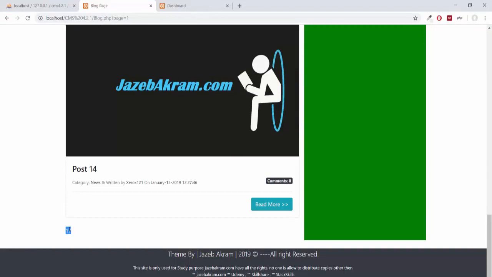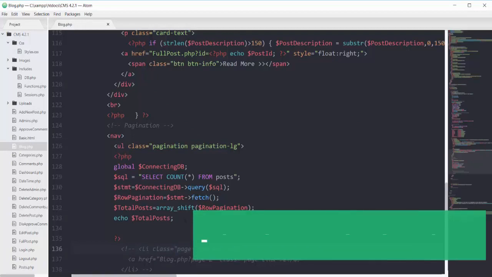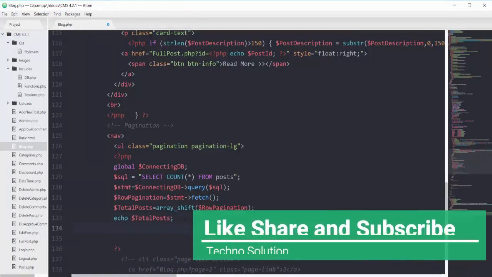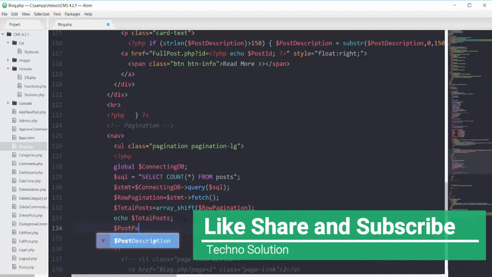Now I have to create another variable that will define how many posts I want to show on this page. Right after this echo, I will have another variable with the name of post pagination that will take this total posts variable and divide it by 4, because I want to show only 4 posts.